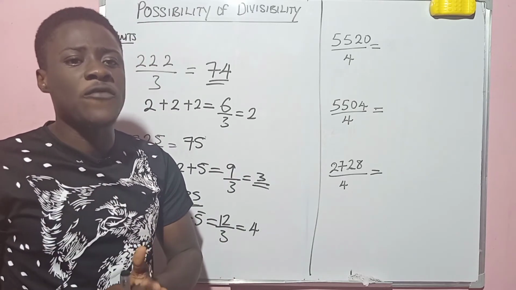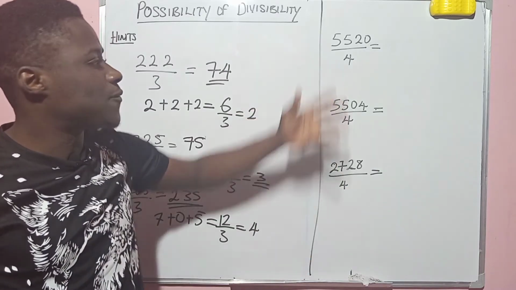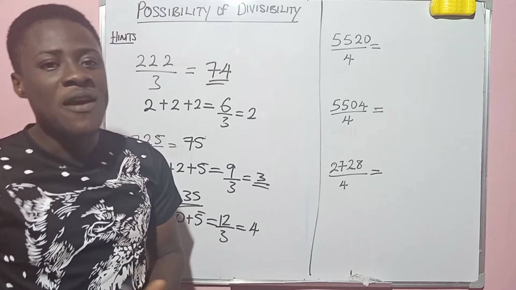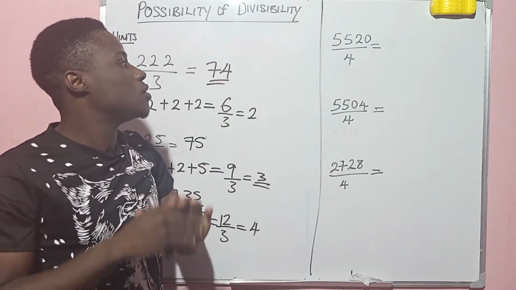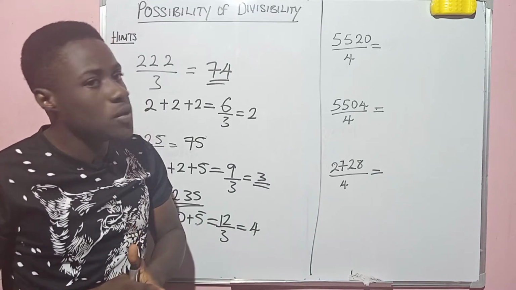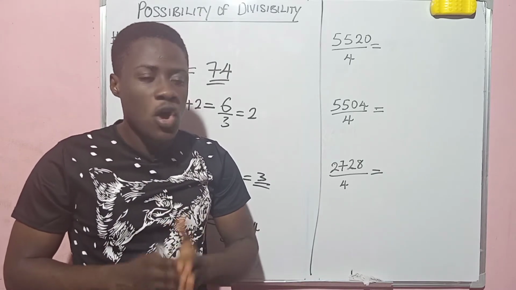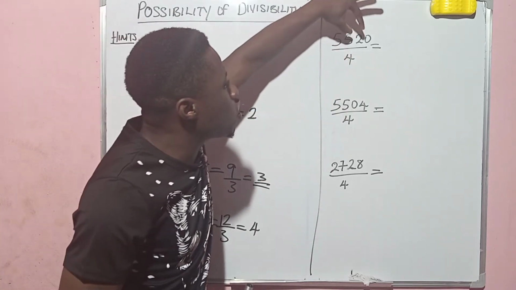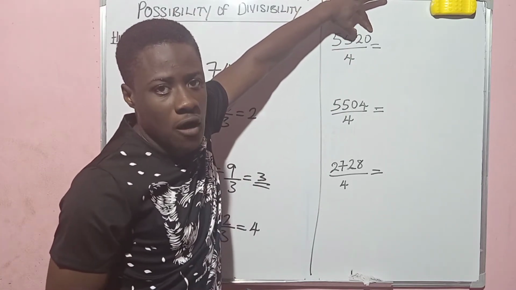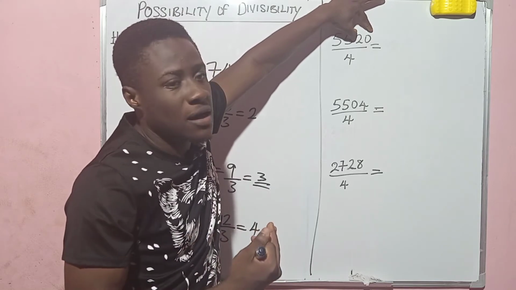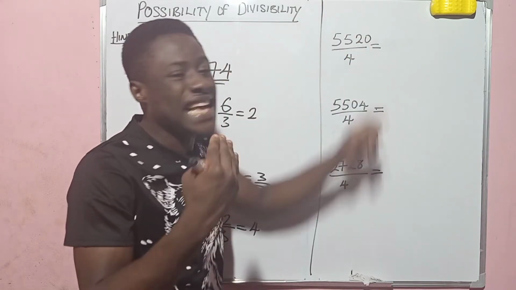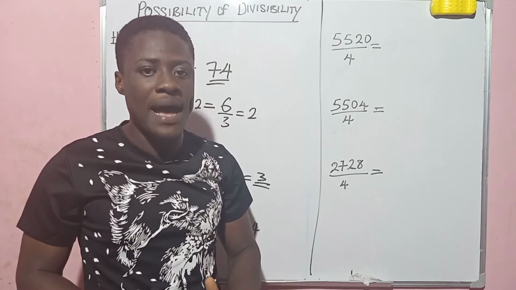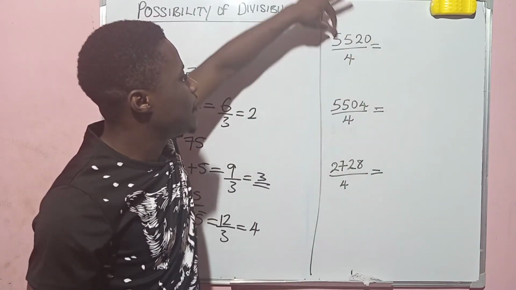Okay, moving away from divisibility by 3, let's look at 4. When do you say that a number is divisible by 4? It's very simple. When do we say that a number is divisible by 4? For me to say that a number is divisible by 4, you first of all check the last 2 digits of the number. When the last 2 digits of the number can be divided by 4, automatically that number is divisible by 4. Okay, let's check